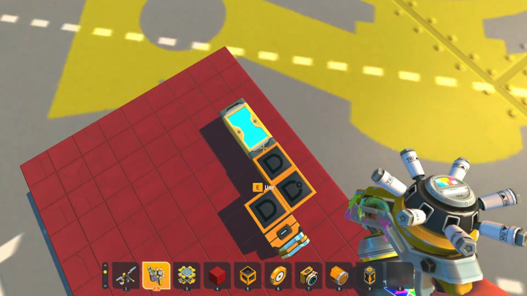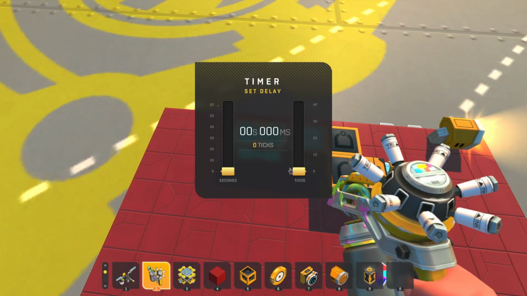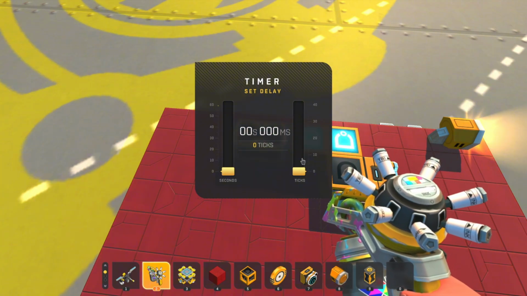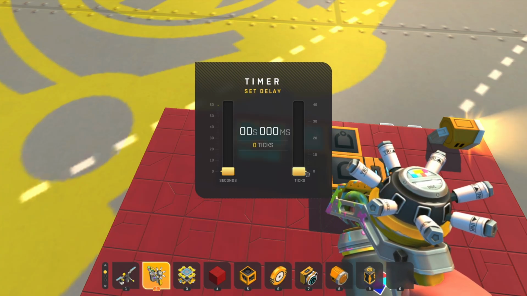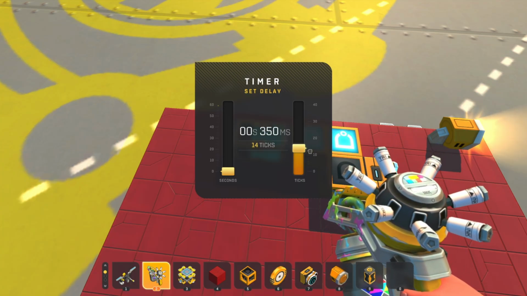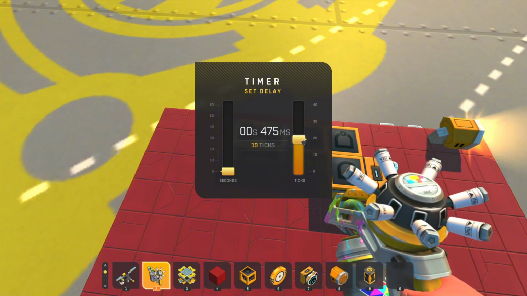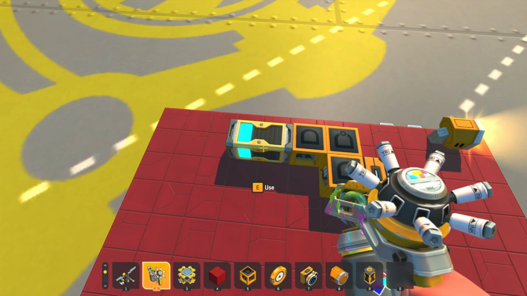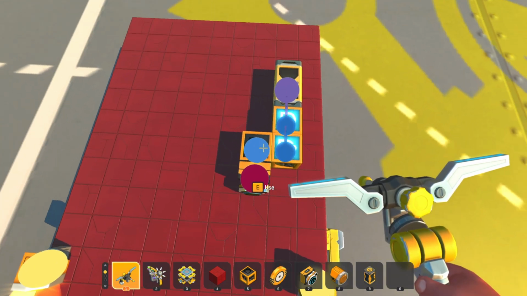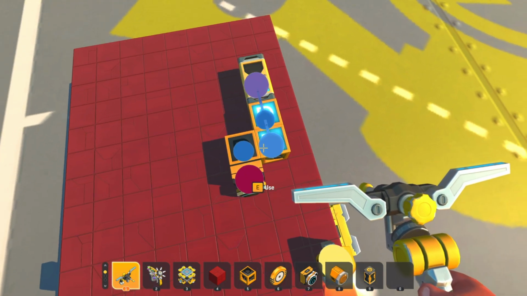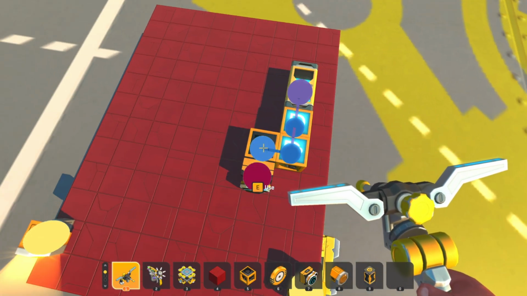As you can see, it will go up and down like this. In the timer, that's why we need the timer. We can set a delay. In this game, we can set the delay in ticks, and as you can see, the glow is slowing down, and that's why we need this in the index system or the turning signal. But we want to use it to signal actually. So we will have another NAND logic gate, and we connect this. As you can see, it will